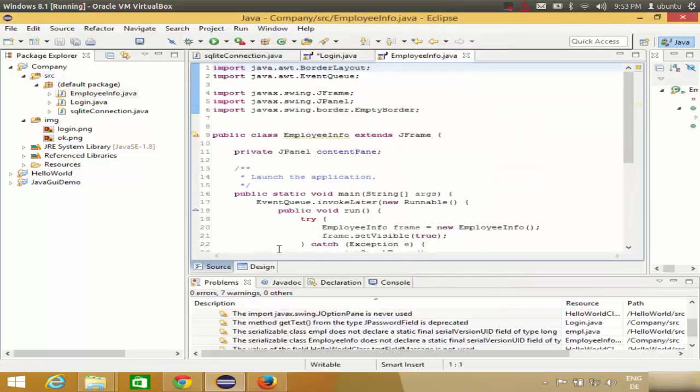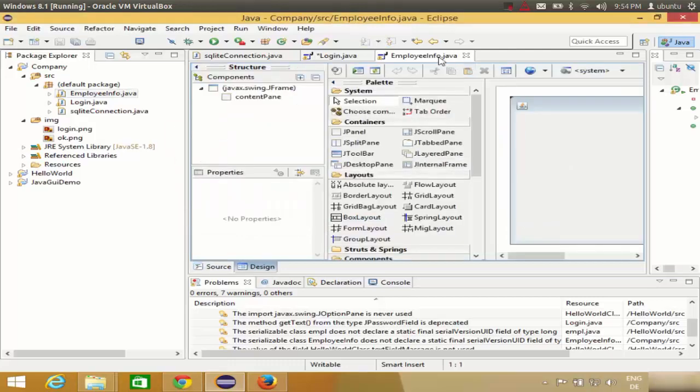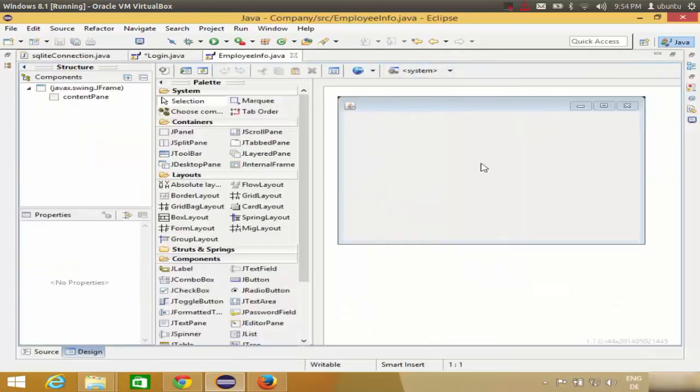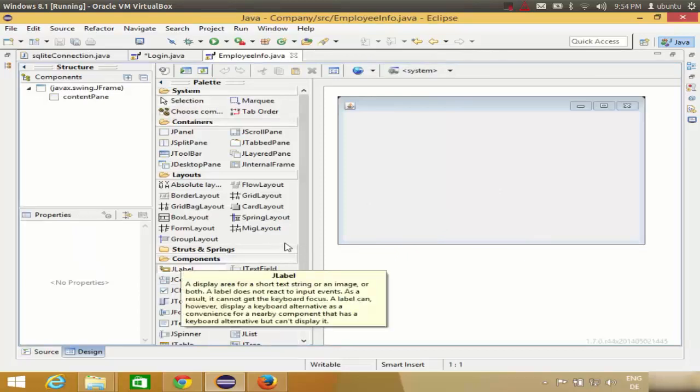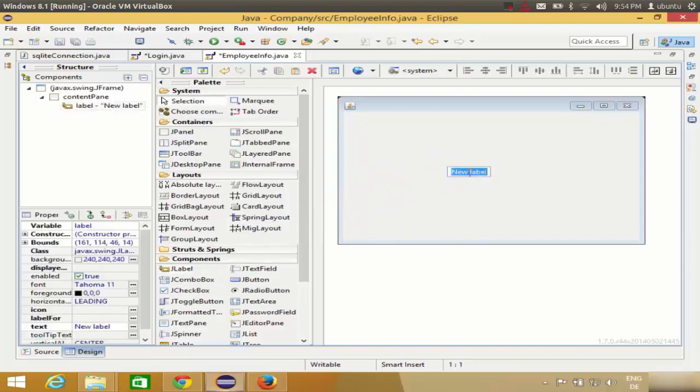form for me, which is a blank form, which is called employee info.java. You can see here, I go to my design view of this class, which is employee info.java. I will double click on this so I can see this. And for now I will just show some message. I will take a label, but before that I need to have this absolute layout inside this, and then I will put the label, and I will just say